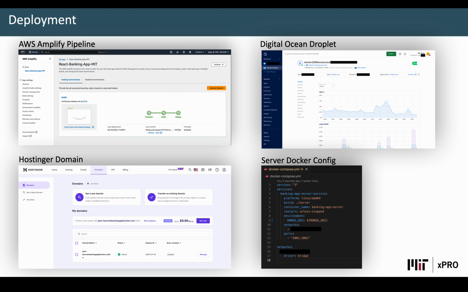Also, another big thing was the subdomain was unsecure, so I had to make it secure. To do that, I had to get inside of the droplet and connect to Nginx and add some SSL certificates to make the endpoint secure. Because if it wasn't secure, the GraphQL from my front end was simply refusing to connect, and I had to make it secure so then I could transfer and fetch data from it. So those were pretty big